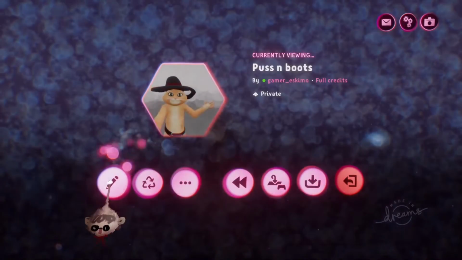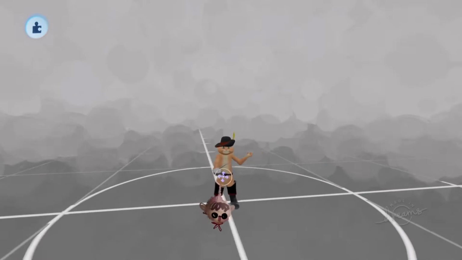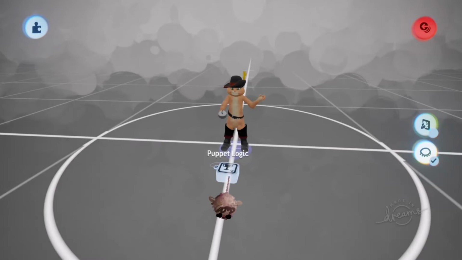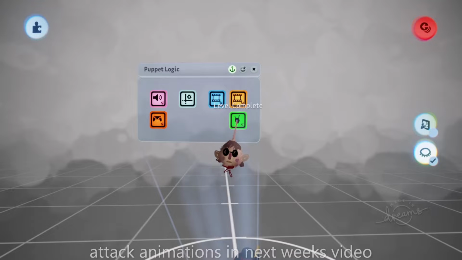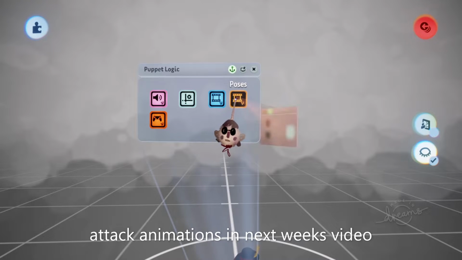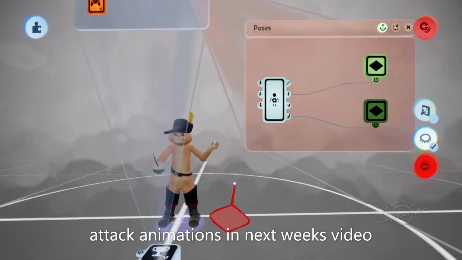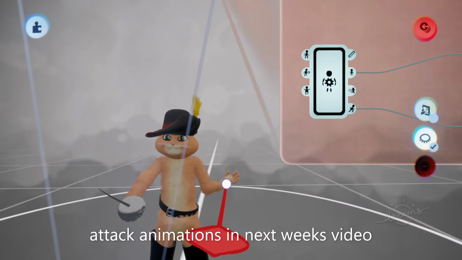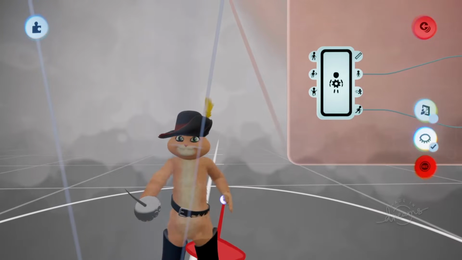Hello, so for this video I'm going to be doing the Puss in Boots animations, so the idle pose, running, jumping and attack animations. So the first thing you want to do is scope into the puppet logic, remove the microchips you don't need, so follow behavior and level complete, might be some others you don't need, and then go